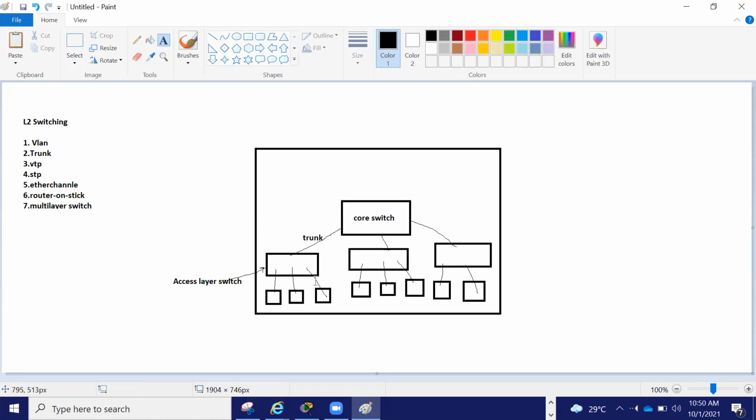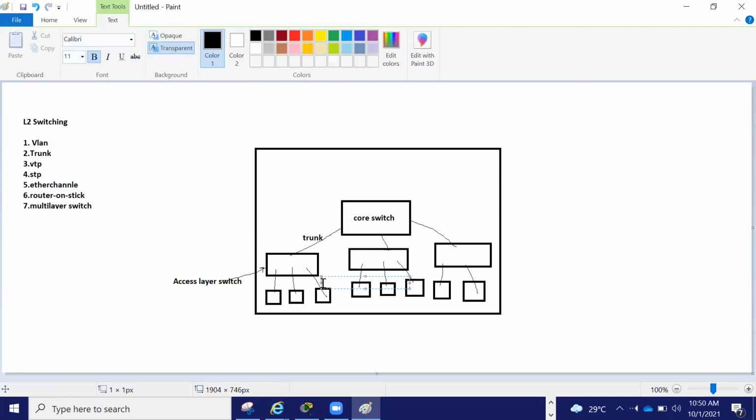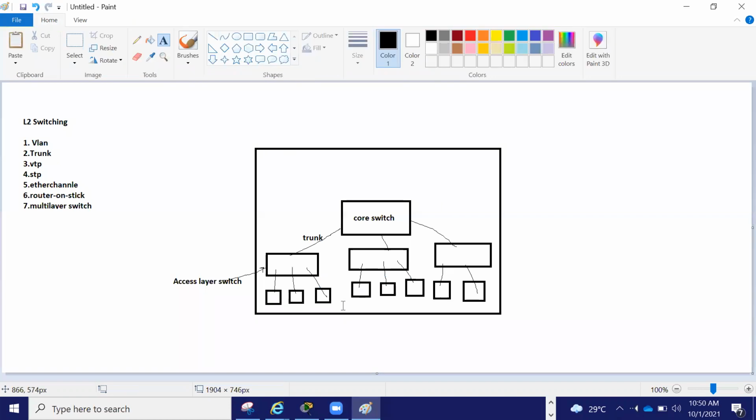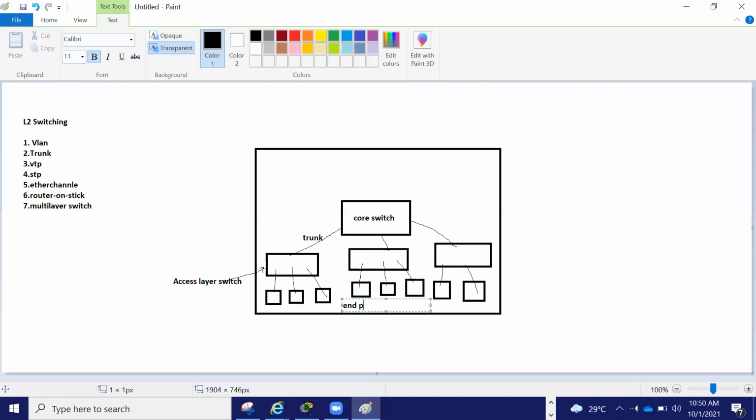Then I will write down here that everything below is endpoints. Endpoints can be your PC, printer, server, scanner, whatever, everything will come here.